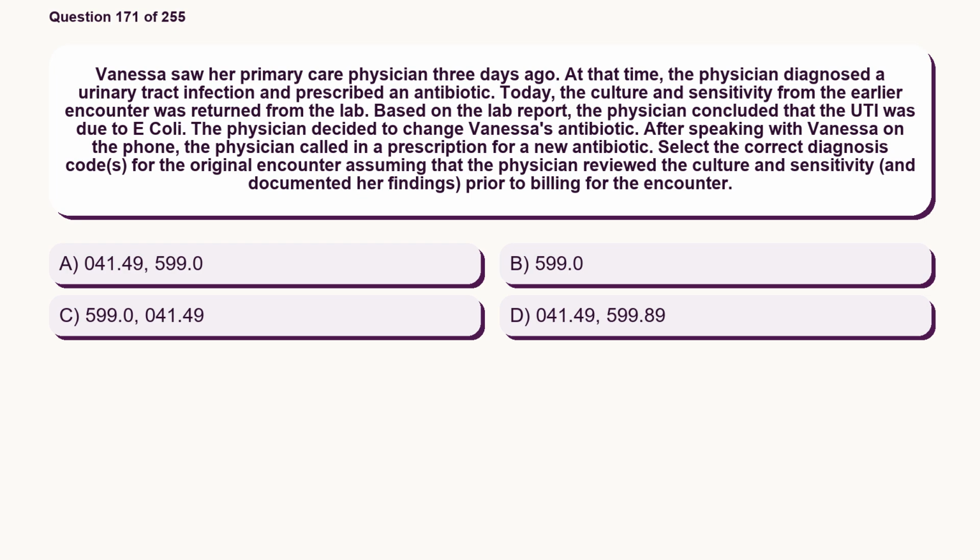Select the correct diagnosis codes for the original encounter, assuming that the physician reviewed the culture and sensitivity and documented her findings prior to billing for the encounter. Option A, 041.49, 599.0. Option B, 599.0. Option C, 599.0, 041.49. Option D, 041.49, 599.89. The correct answer is option C,